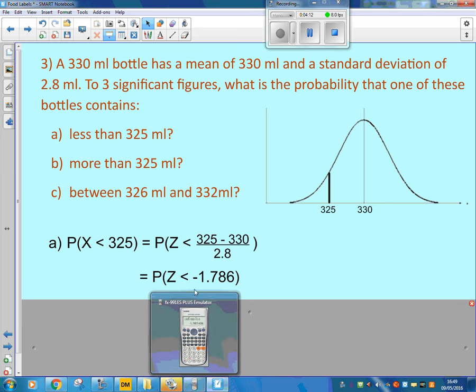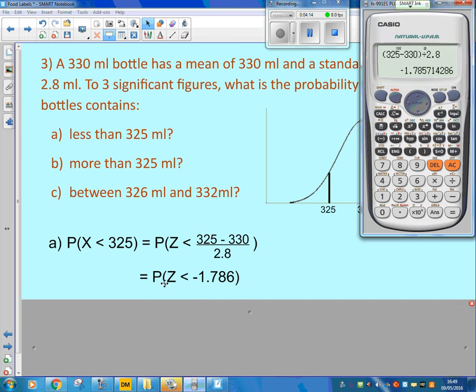And then I need to say, well, what is p of minus 1.786? So I do shift 1, 5 for distribution, and I want less than, which is p. If it was more than, I'd use r. Less than, I'm going to use a p, which is 1. Now I could type in minus 1.786, but notice my exact answer there. That's a lot more exact for minus 1.786. So I'm just going to do p answer equals, and I get